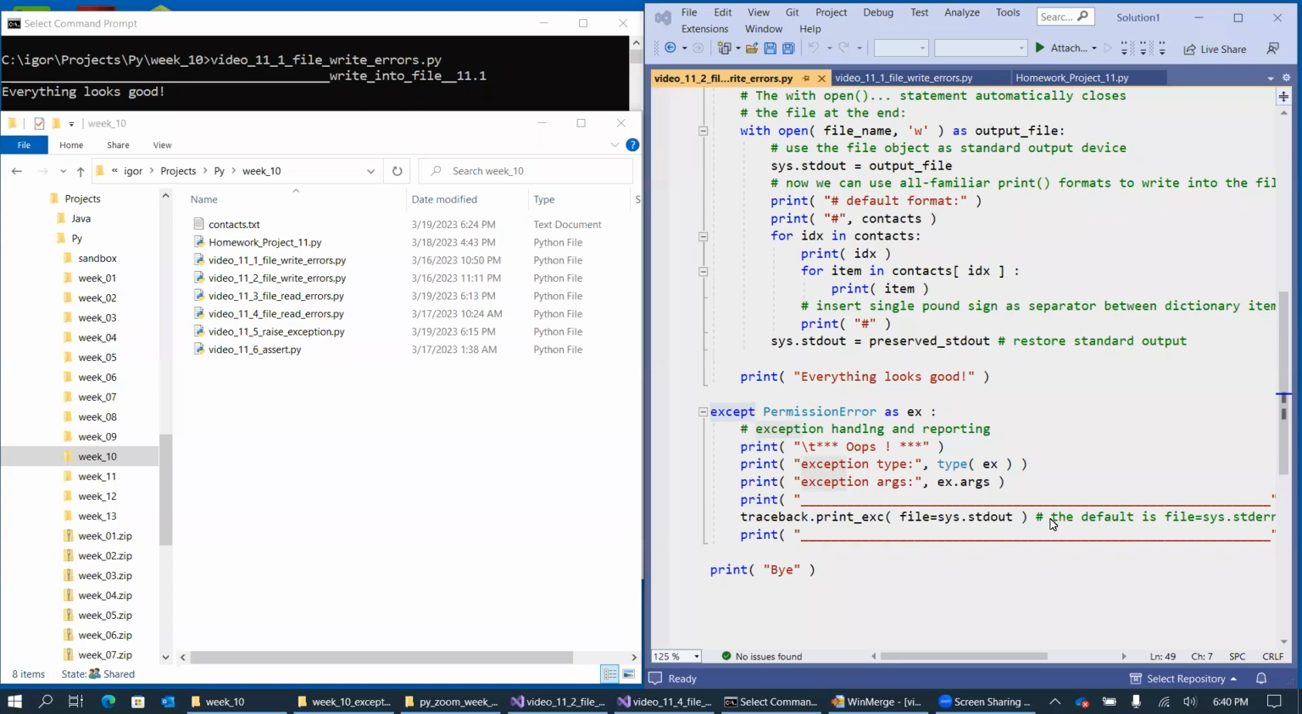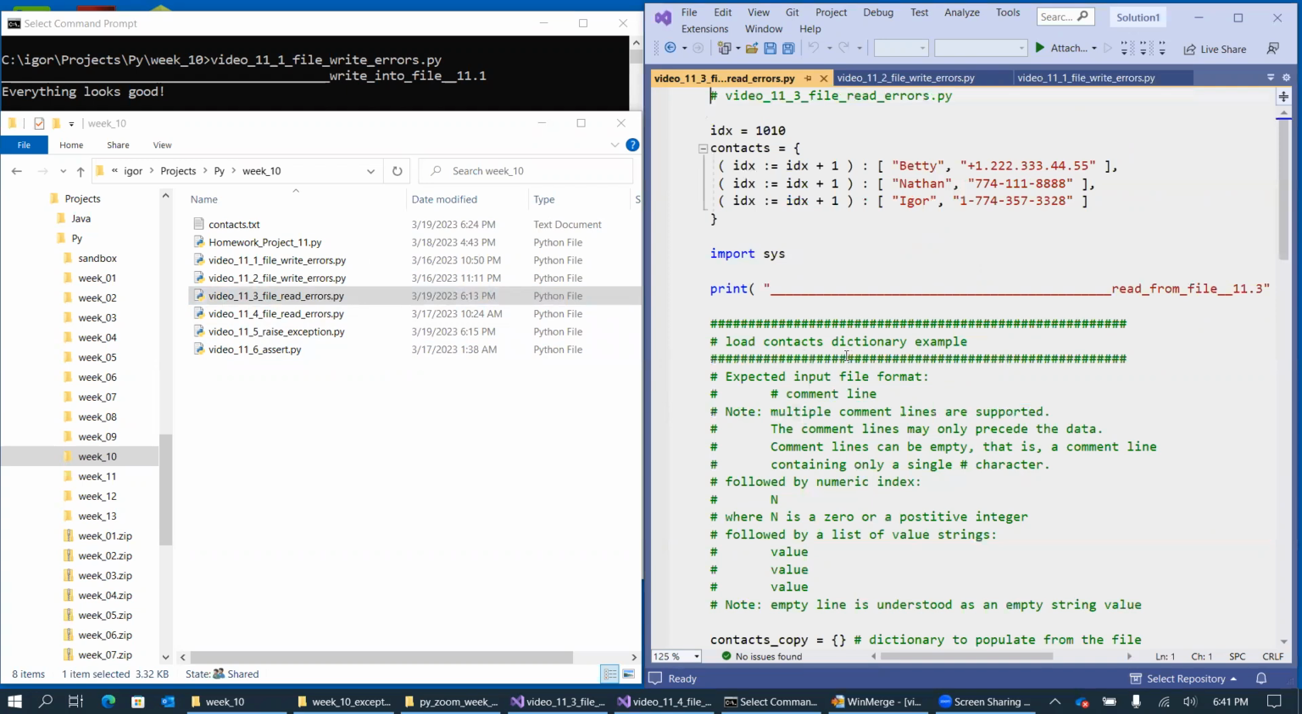In this video, we are going to continue our discussion related to file-related errors and exceptions. This time we can examine what happens when we try to read the information from the file, and what type of errors to expect when we're reading the information. So this is also all familiar looking